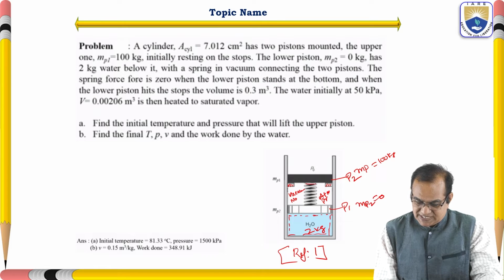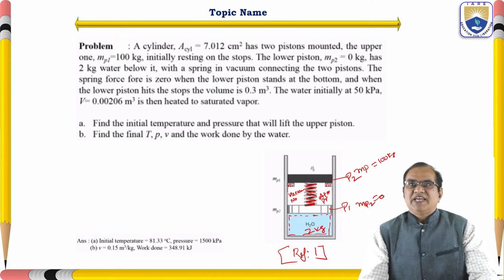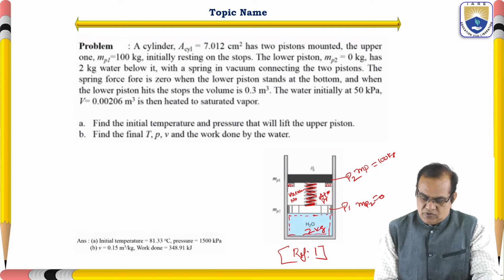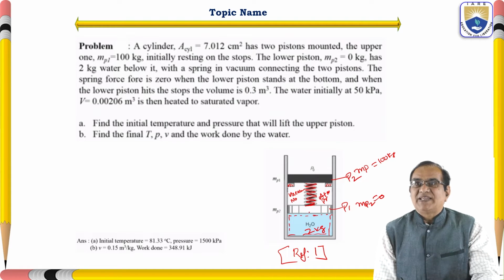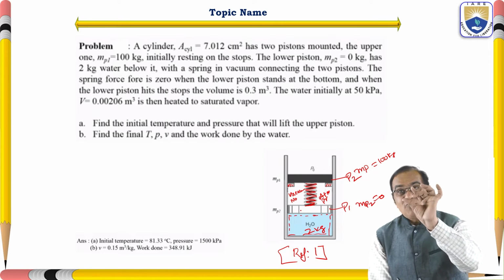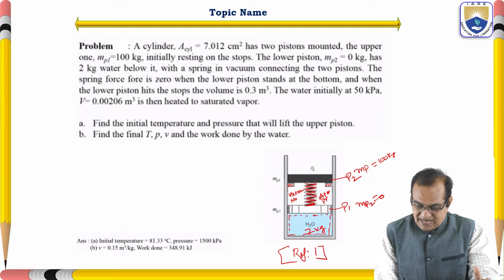So this spring is connecting this piston, and this is massless. It is just supporting. The spring force is 0 when the lower piston stands at the bottom. So here also there is one condition, it is hypothetical. When this piston is here at the bottom,